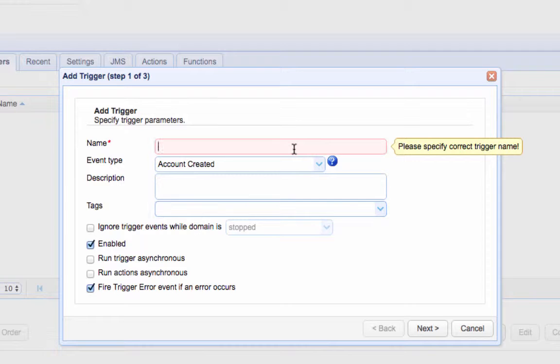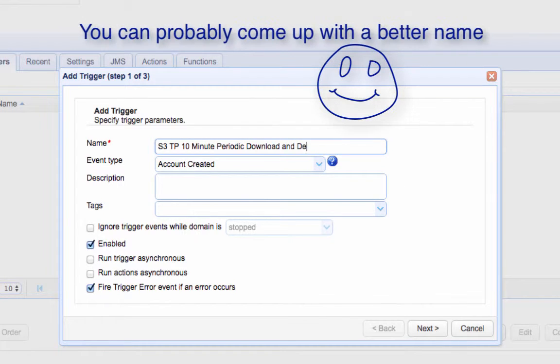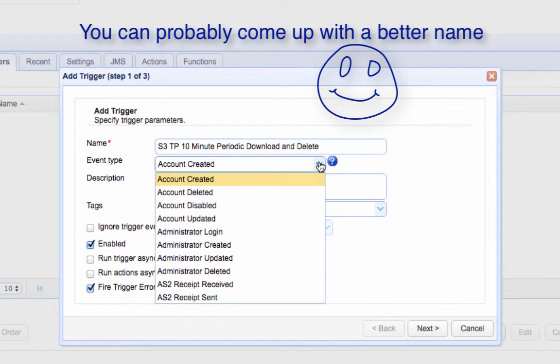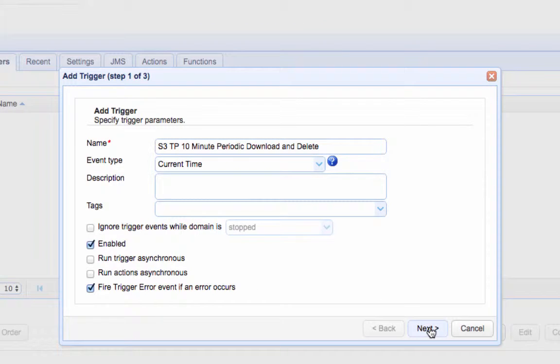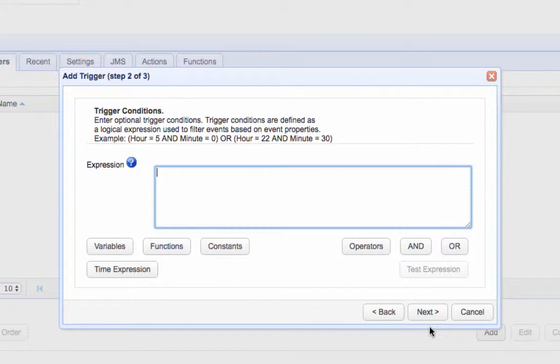Give the new trigger a descriptive name. Say in our case, SFTP 10-minute periodic download and delete. After that, select the current time event type. Click Next to proceed. Because we want this trigger to fire every 10 minutes, we need to write an expression